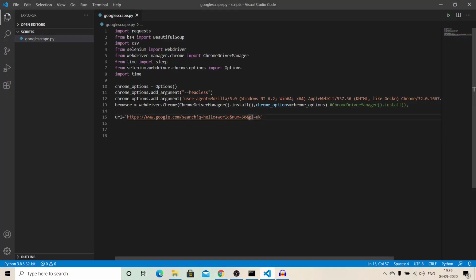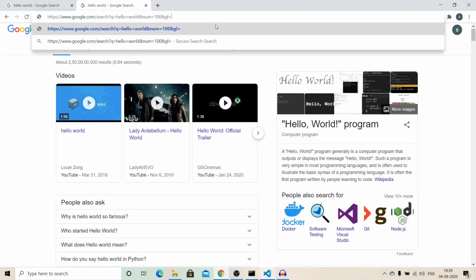The last thing is gl, another parameter. If I copy this and paste it here and set it to UK, it probably will not work right now, because our location is already present in our history. So let's open an incognito mode.